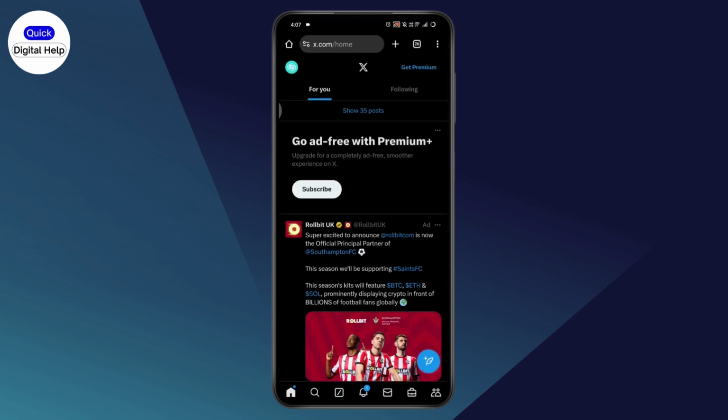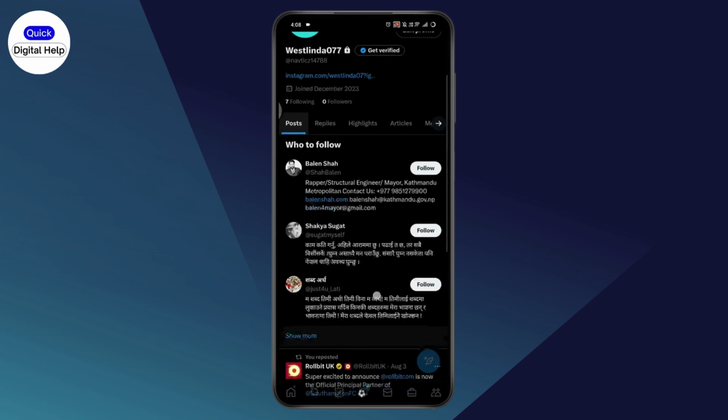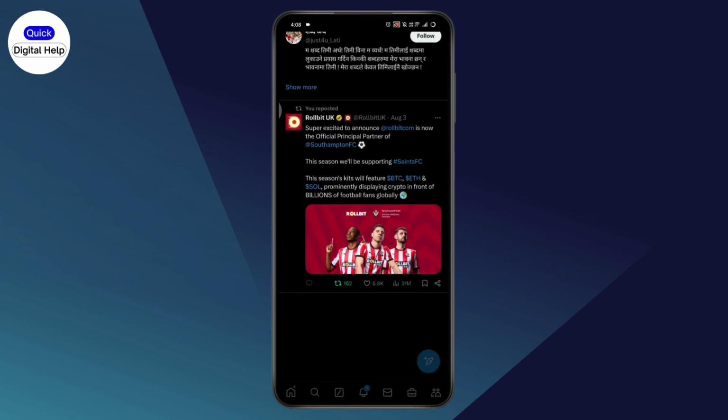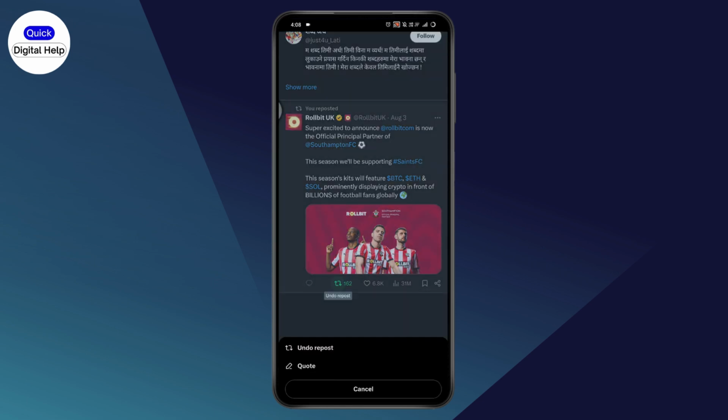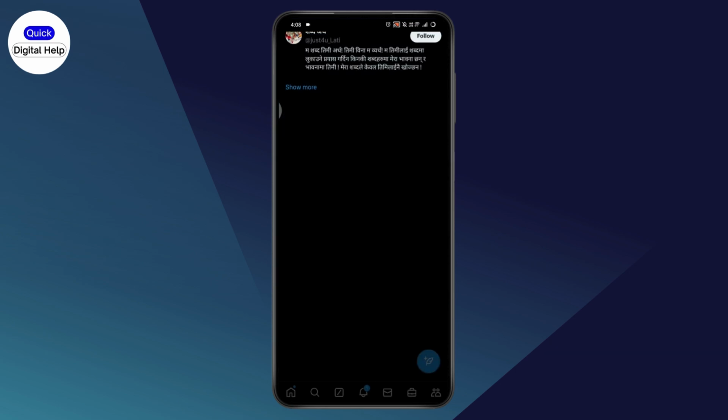So once you've reposted, now you just need to simply go with your profile again, and here you can scroll down on your profile, and here you will have the post that you've reposted. So if you want to remove the repost or delete the repost, what you need to do is again tap on the repost option and then tap on undo repost. And that's it. That's how you can delete your